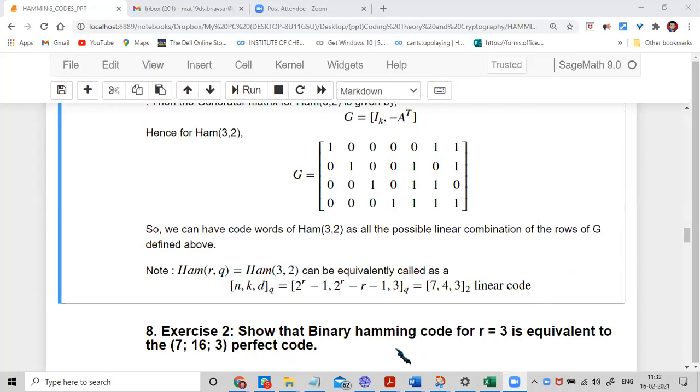We can list F2 power K. Another approach is what Rohan is telling, that you take F2 power K, meaning 0 0 0 0, 0 0 1 1, and multiply. That is exactly what your generator matrix is encoding. Linear combination actually means you are multiplying V into G, where V is taken from F2 power K. That is exactly the definition. Right? Okay, thanks, Rohan.